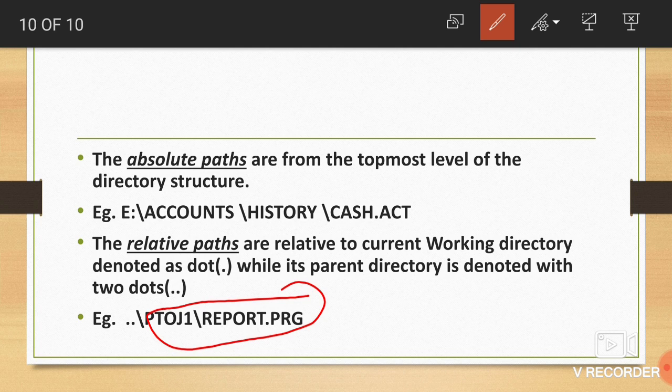क्लियर? सो हियर अवर चैप्टर 5 file handling is over. In the next class we will see the summary. Okay, we will see some summary, some important points of this chapter.